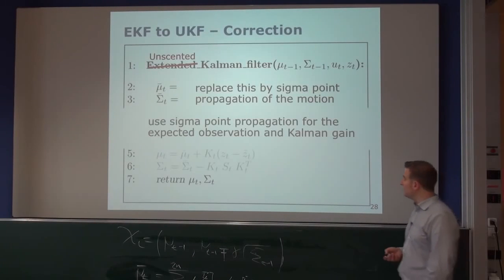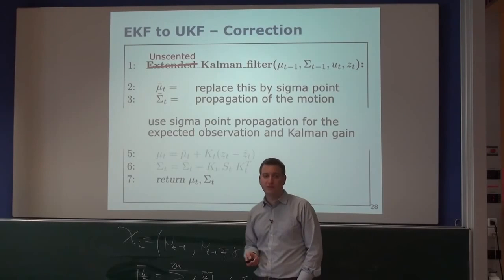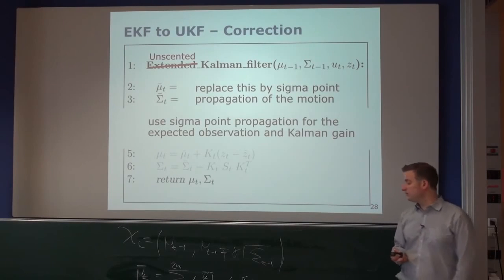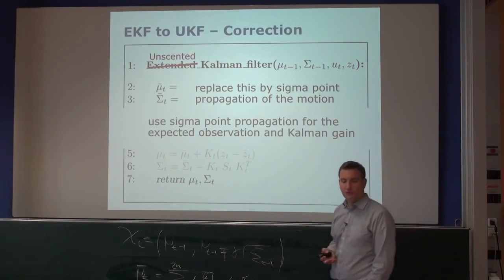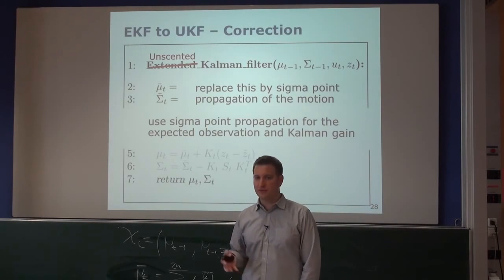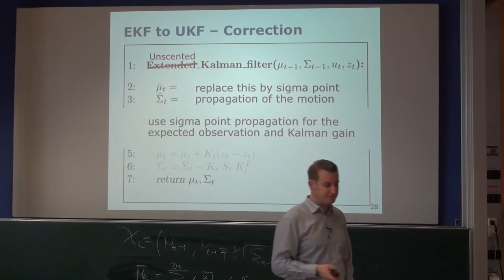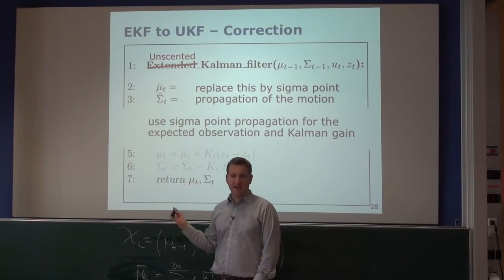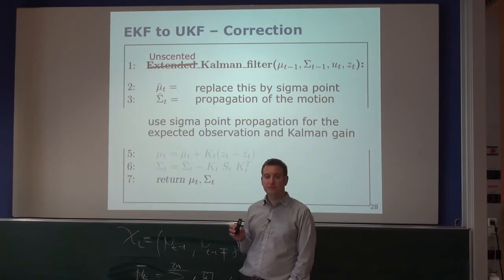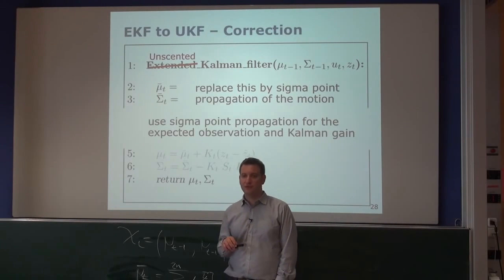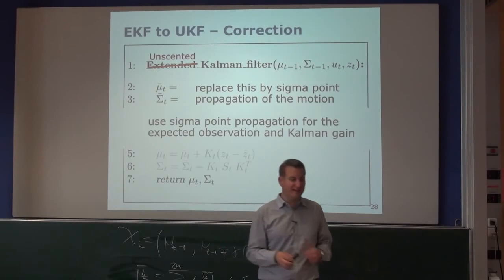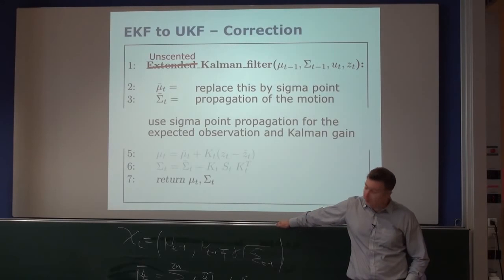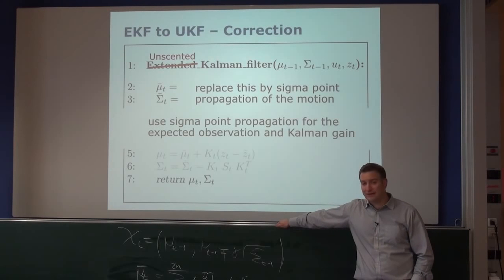Okay, then the next is to use the sigma points, the unscented transform, which is the idea of using sigma points and the weights to do the same thing for the observation and to compute the Kalman gain. You can do that exactly in the same way, or at least the beginning can be done exactly the same way. So what do we need to do? Don't write it down, but at least I want to hear it again. So we have to, again, generate new